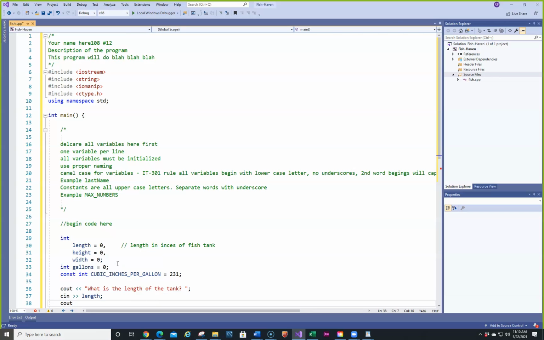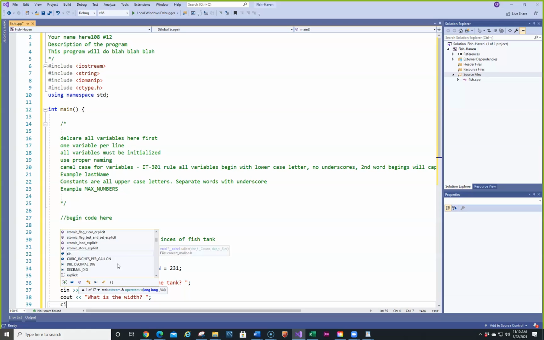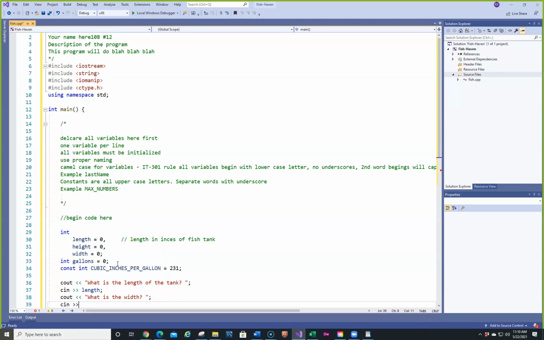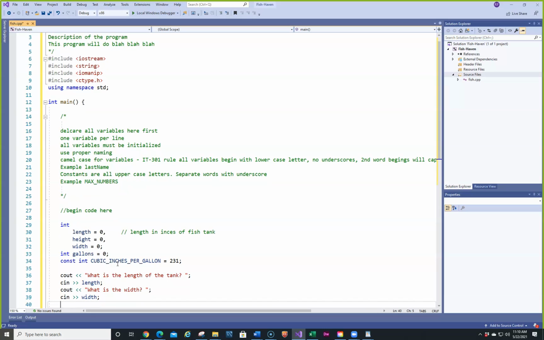cout what is the width. And you would probably put in inches. When you're giving information to the user, it has to be totally clear as to what they want. So you get it in here, and you tell them the width in inches. They should be able to determine that based upon what you have. So we're getting the width, and then cout